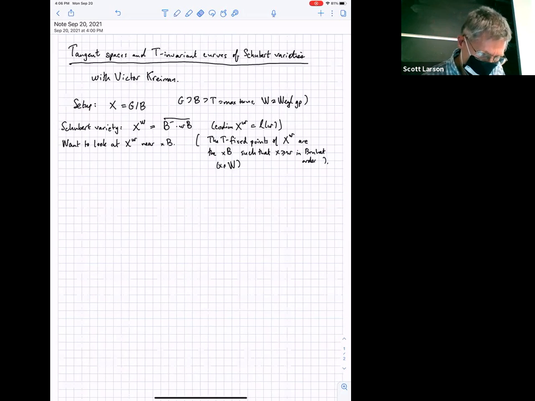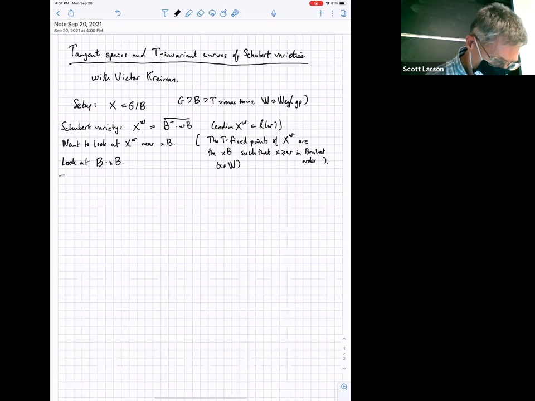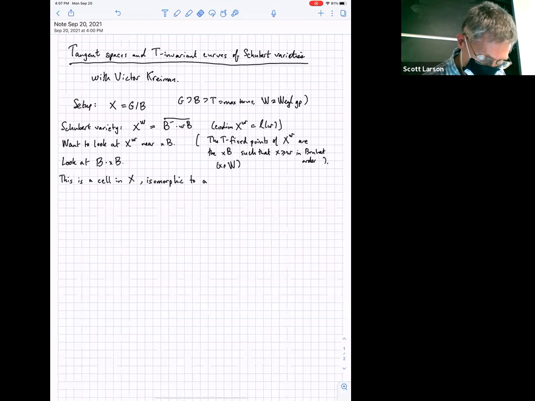So when we want to look at this, it turns out it's easiest to factor out an affine space by intersecting with a cell. If I look at B dot XB, it's a cell in X, and it's just isomorphic to a vector space, maybe I'll say even a T representation